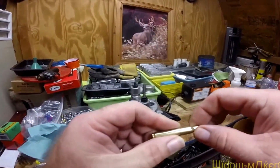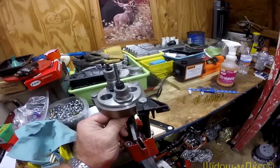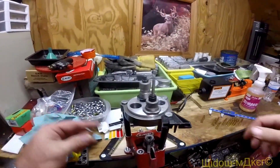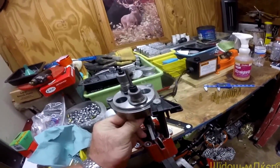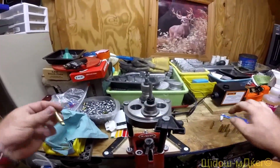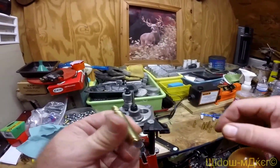That one was a little dry because I kind of felt that. These are a little dry. They must have been on the bottom. A little dry. That's why I usually roll them. It's the first time I spritzed them like that. And there's probably a better method than what I just did, but